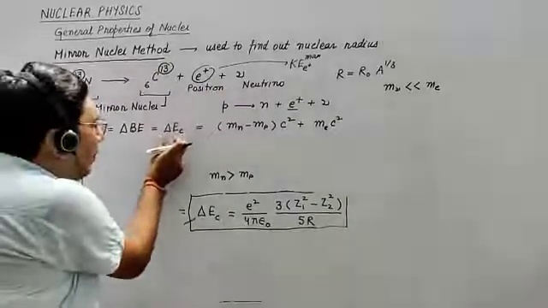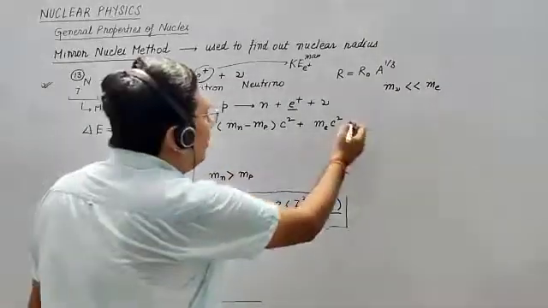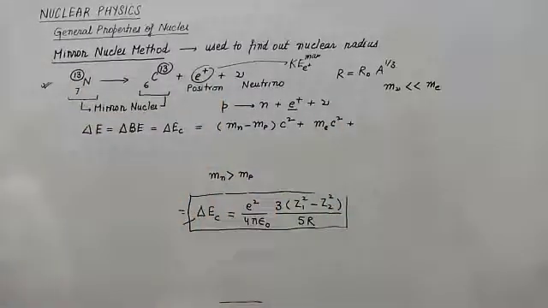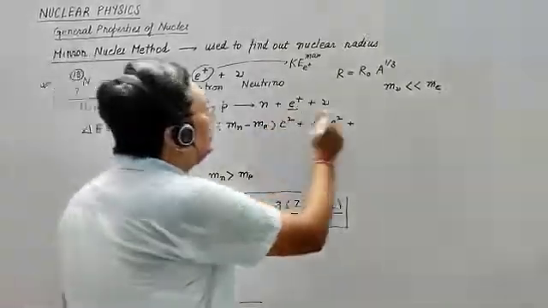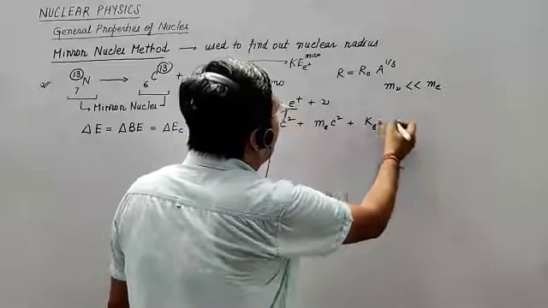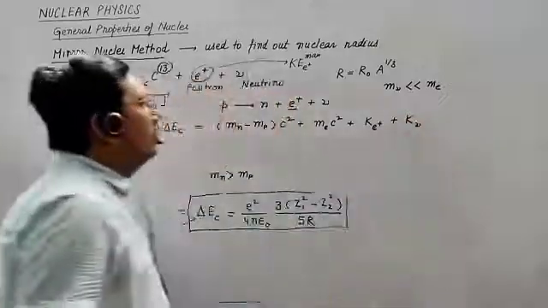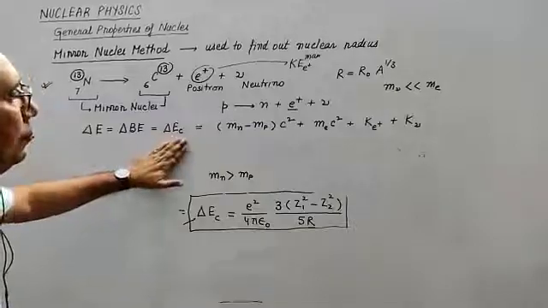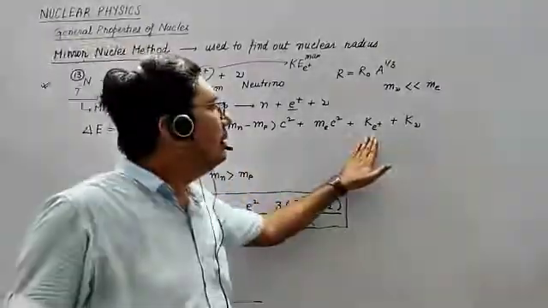So a part of this energy is utilized in creating these two masses, plus whatever energy is left will be in the form of kinetic energy of this positron plus kinetic energy of neutrino. So this energy is used for creating mass as well as providing kinetic energy to the